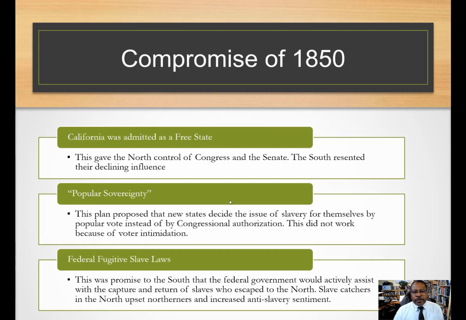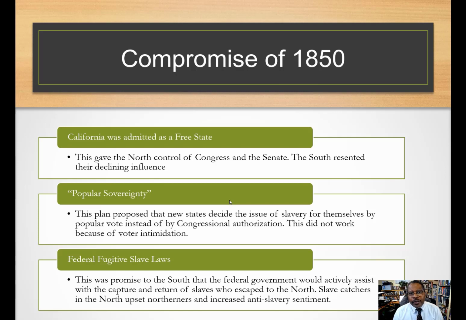The other concern Southern states had is if you start creating free states to the north and to the west, then slaves could escape in either direction. They could either escape to the north, as they have been doing on the Underground Railroad, or they could escape to the west as another alternative, since there are free states now in the west. And so again, to appease the South, Congress passed a law called the Federal Fugitive Slave Law. And this was a promise to the South that the federal government would be more active in capturing